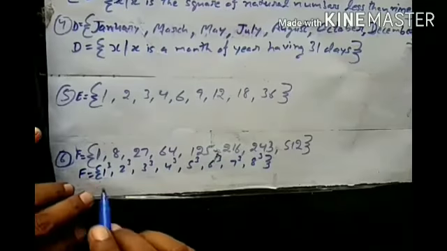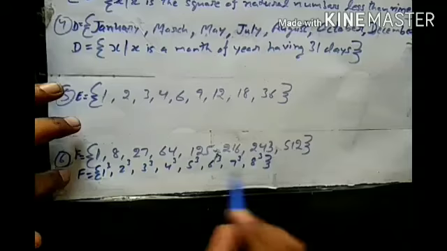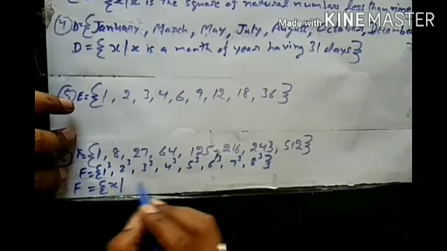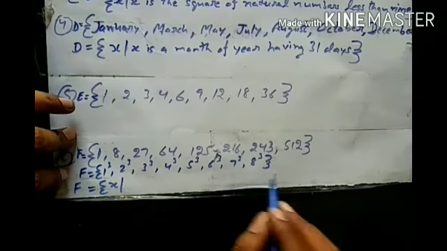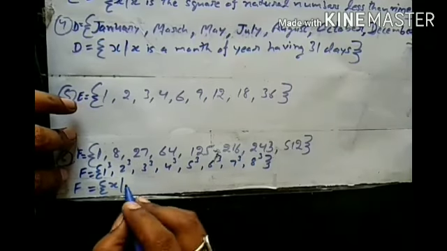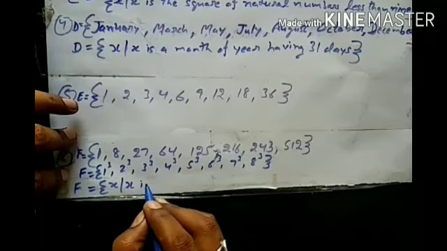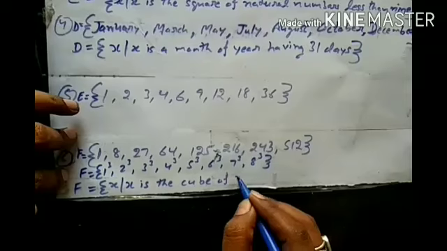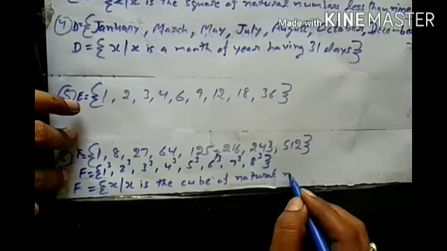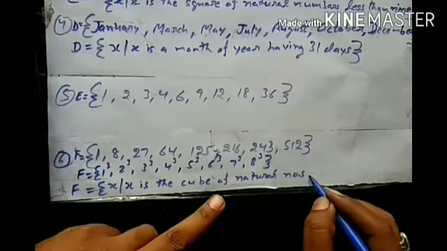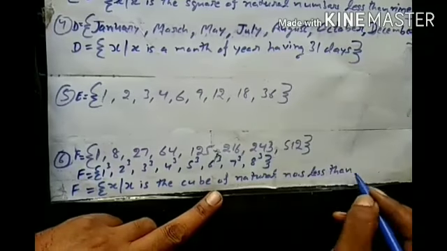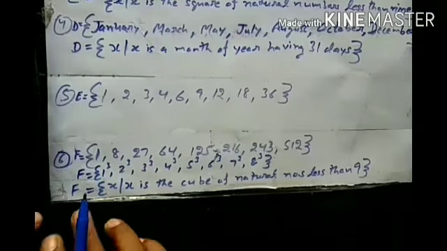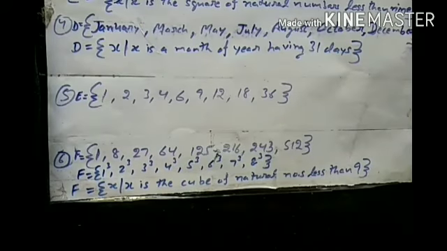So as per the rough work we have seen, we can write these numbers in this form. So I can write in the builder form, x is a general member that may represent any element of the set, and x such that x is the cube of natural numbers less than, what? Less than 9. So this is the required set builder form of question number 6.